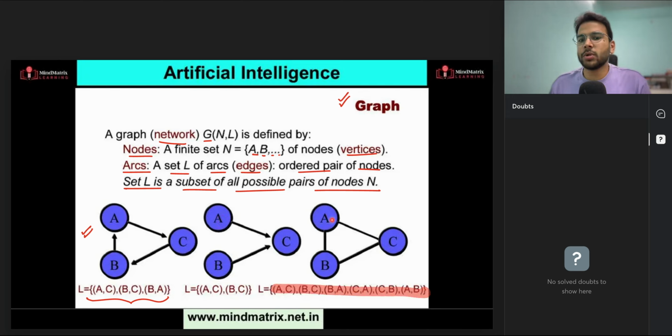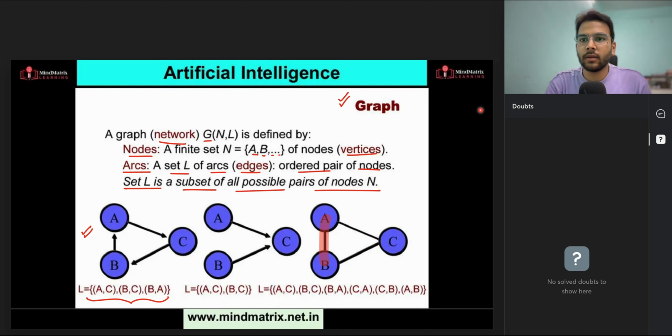And similarly here also, this is an undirected graph. There is no direction represented by the edges. So now we can say there is a possible path that we have between these two vertices A and C. So A is there, B comma B is there, and A comma B is also there. Is this clear?